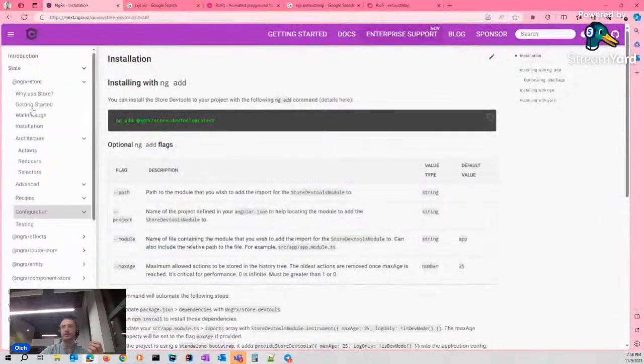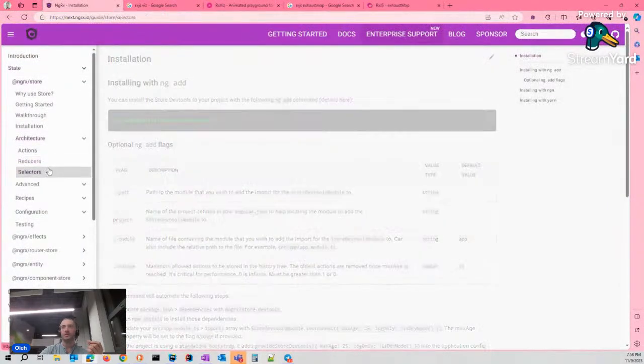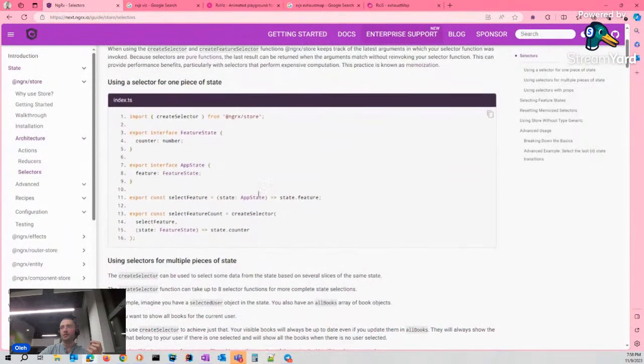Let's refer to the documentation. It looks like this. The first function, that's the root selector that retrieves our first object, the slice.